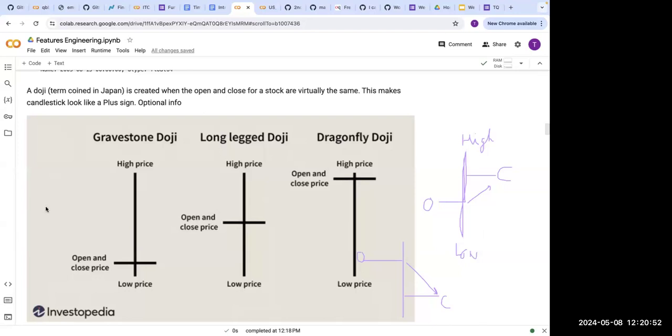But the special case here is when both open and close price are equal, right? So that has some information available that, okay, it did trade high and low, but eventually it closed at the same price as it opened. How does that help? So